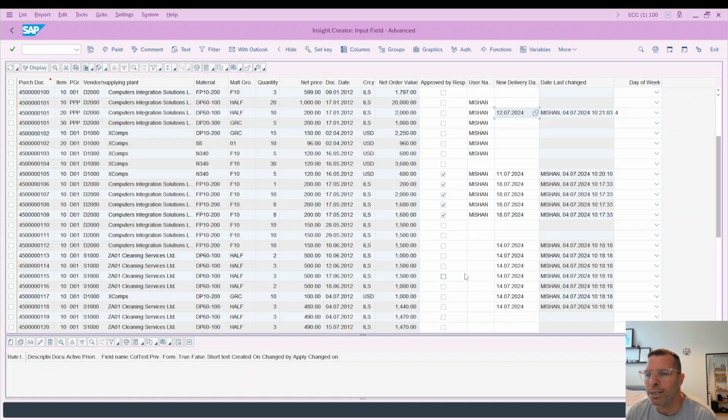Okay, the last thing I want to talk about is the lock mechanism. So there are two scenarios in the lock mechanism. The first one is if I'm working on something and somebody else is working with me. And the second one is what happens when I already saved my content. So give me a second and I will